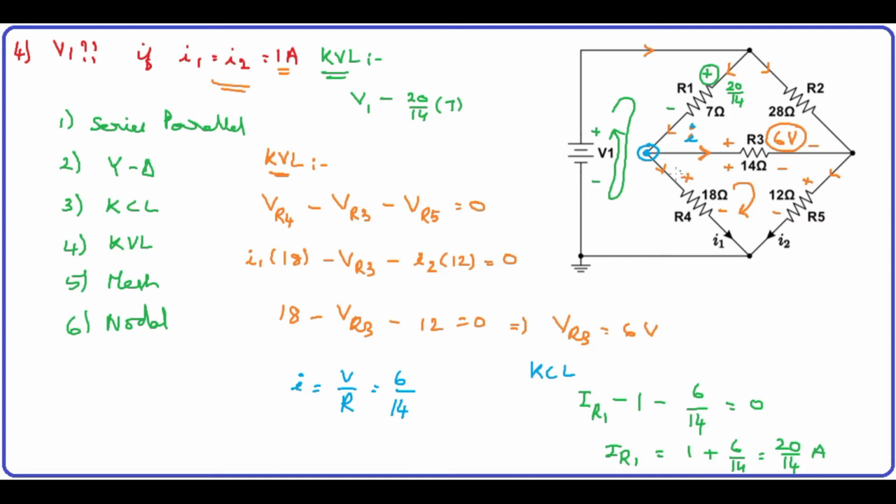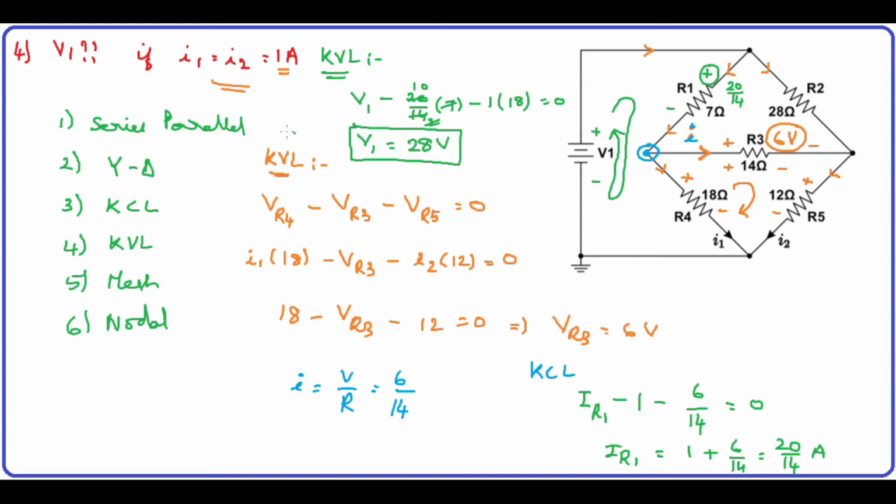Again, I am touching positive, so obviously it is negative. So minus, of course, yeah, I know that the current passing through this is 1 ampere. So simply 1 into 18 is equal to 0. Now V1 is equal to, this is 1 and this is 2. This is 1 and this is 10. So what will happen? Minus 18 minus 10. So it should be minus 28. So V1 is equal to 28 volt. So this is the answer.